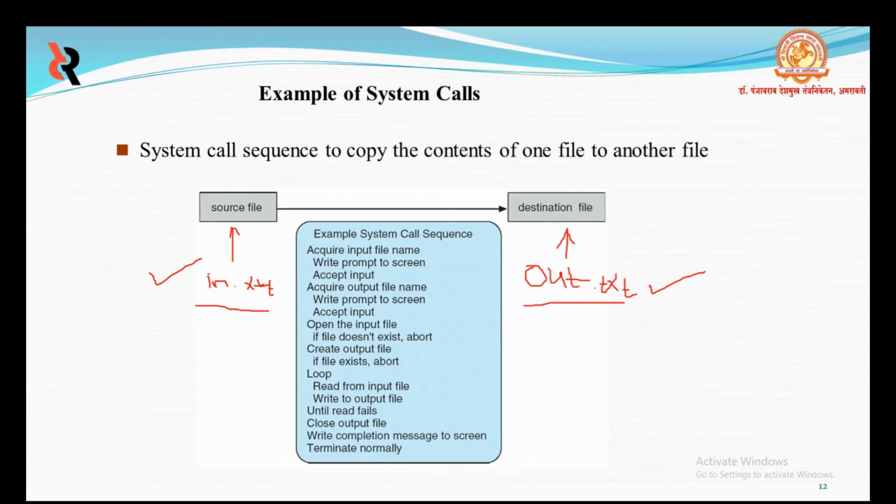Possible error conditions for each system call must be handled. Some errors may occur. For example, when the program tries to open the input file, it may find that there is no file of that particular name, or the file is protected, that means read only. In this case, the program should output an error message and then terminate abnormally. So whenever the error message is displayed, a system call is required. When it terminates the operation, another system call is required.